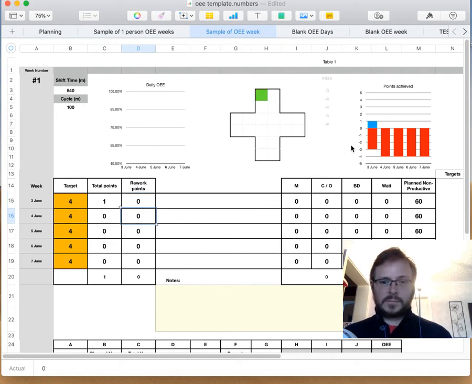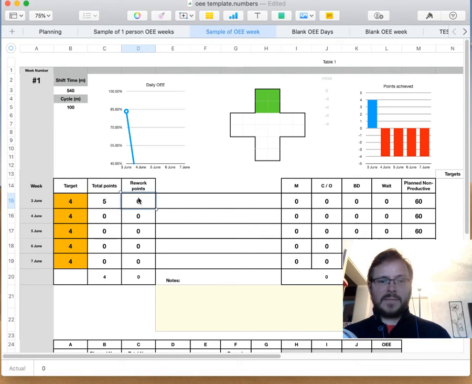And then for our targets for the day, we've moved up from missing 3 points to achieving 3 and missing 4 points, to achieving 3 and not achieving 1. Let's get the words right. If we move that all the way up to our target for the day, now because our OEE has reached over 40%, it starts showing up as our chart for the day. We've filled in all our green squares for the day,